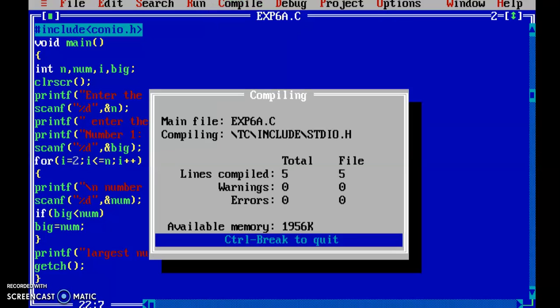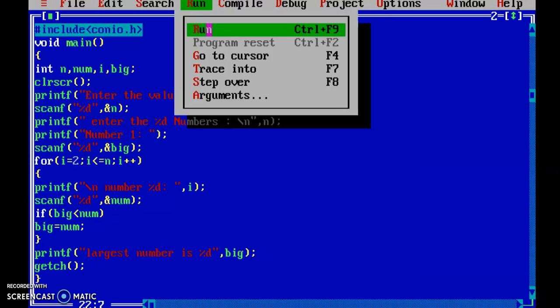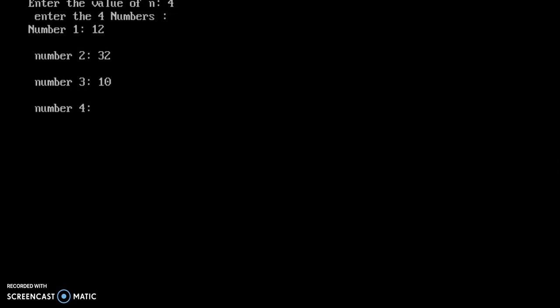After writing the program, we have to compile the program, then run the program, and enter the value of n. Here I will give the value of n as 4. That means I have to enter 4 numbers. So number 1 is 12, number 2 is 32, number 3 is 10, number 4 is 46, and the largest